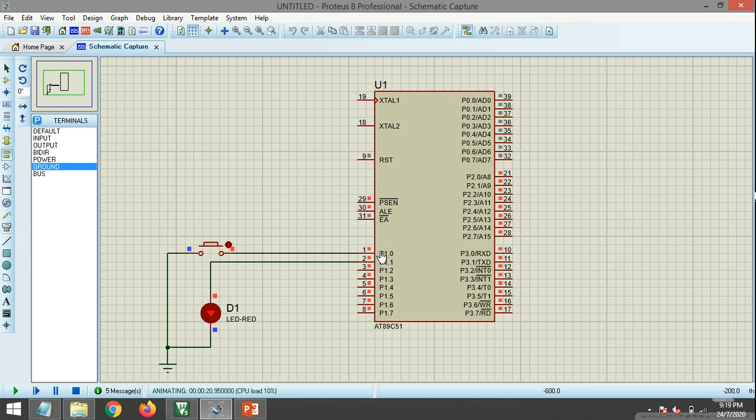And the code, since it is reading port 1.0, it should send 0 to port 1.1, which should turn off this LED. So let's check. Yes, the LED is off. It means the code is working fine. On, off, on, off, on, off.